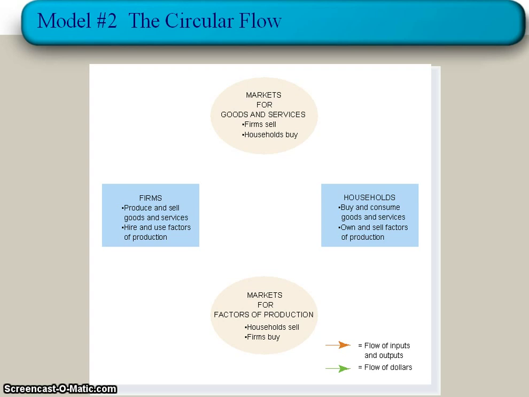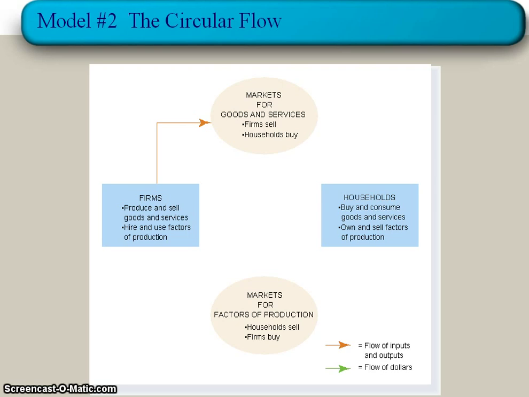So if you look in the bottom there, you'll see there's two arrows, an orange one and a green one. The orange one, I like to say, represents stuff, actual things moving around the economy. And see if this makes sense. Stuff, in this case, products, moves from the firm to the product market. So goods and services, things like soda and towels and computer software and all sorts of stuff that gets produced by a firm moves to the product market. That's where it's going to be sold.